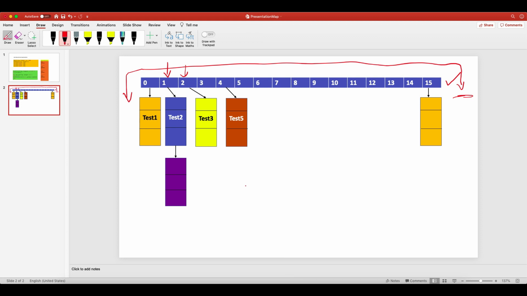Okay, so what happens in case of ConcurrentHashMap? It never acquires a lock on the entire bucket. It always acquires index by index. That's how it works. I mean block by block, segment by segment.